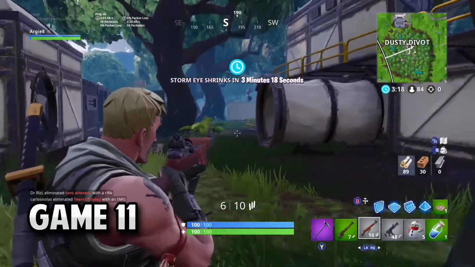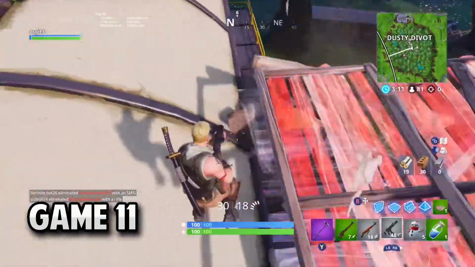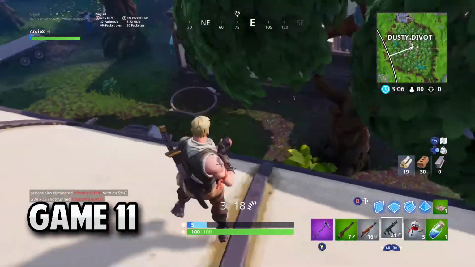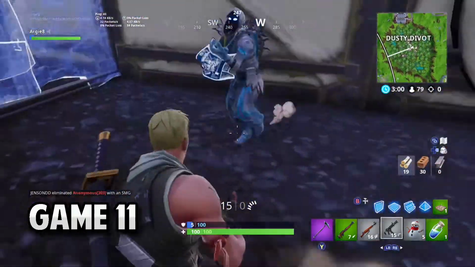Game 11, and I'm really feeling the full effect of Epic seemingly removing all assault rifles and replacing them with the infantry rifle, as I simply can't use it. Is anyone else really struggling with it? Surely I'm not the only one. It's like an AK, except faster, but way worse. I don't know. Anyway,